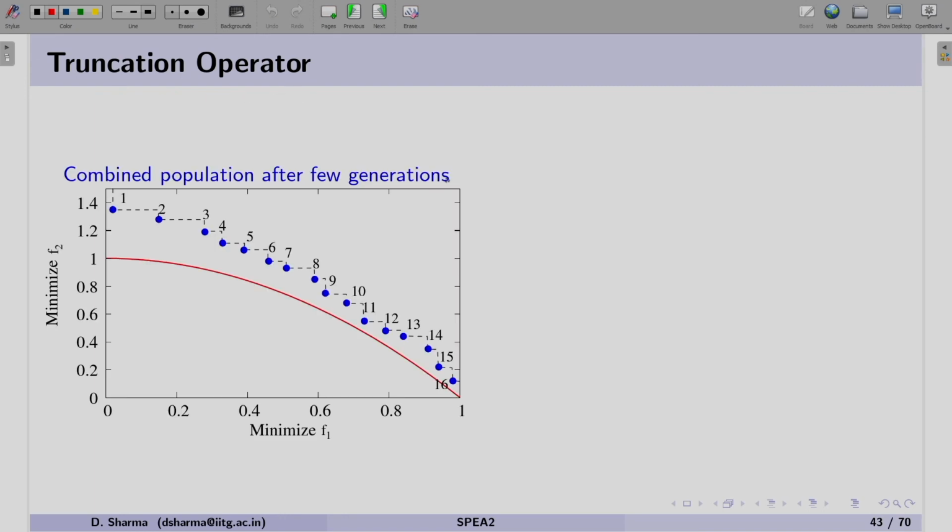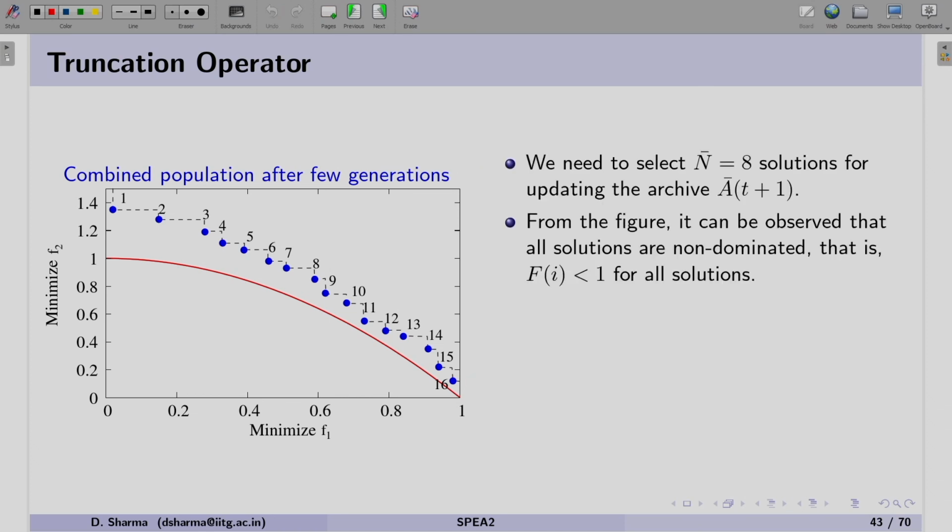In the figure on the left hand side, we assume that this is the combined population after a few generations. Here we have taken all 16 solutions. Now, in the current situation, as we know, we have to choose the best n bar solutions, which is 8, for updating the archive.